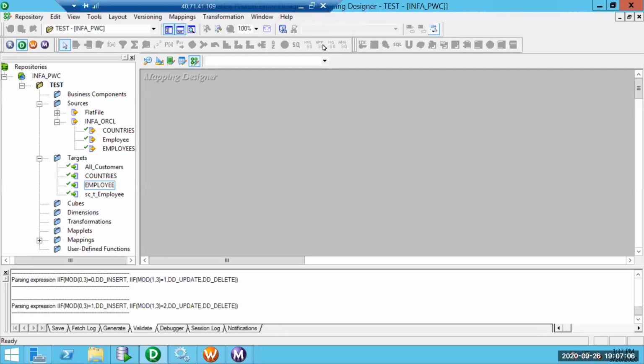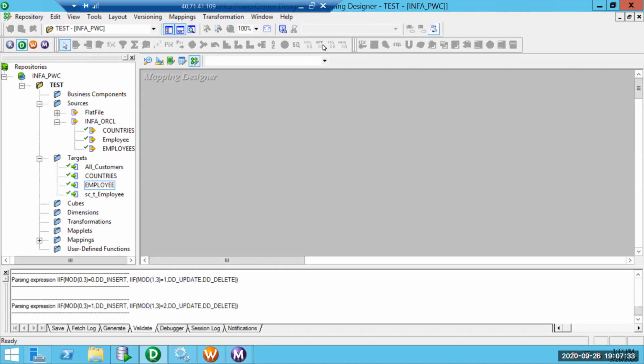First of all, we have two transformations, lookup and joiner. What is the difference between the two? Lookup is used when we have data. When we are using lookup or joiner, in both places Informatica would generate a cache.